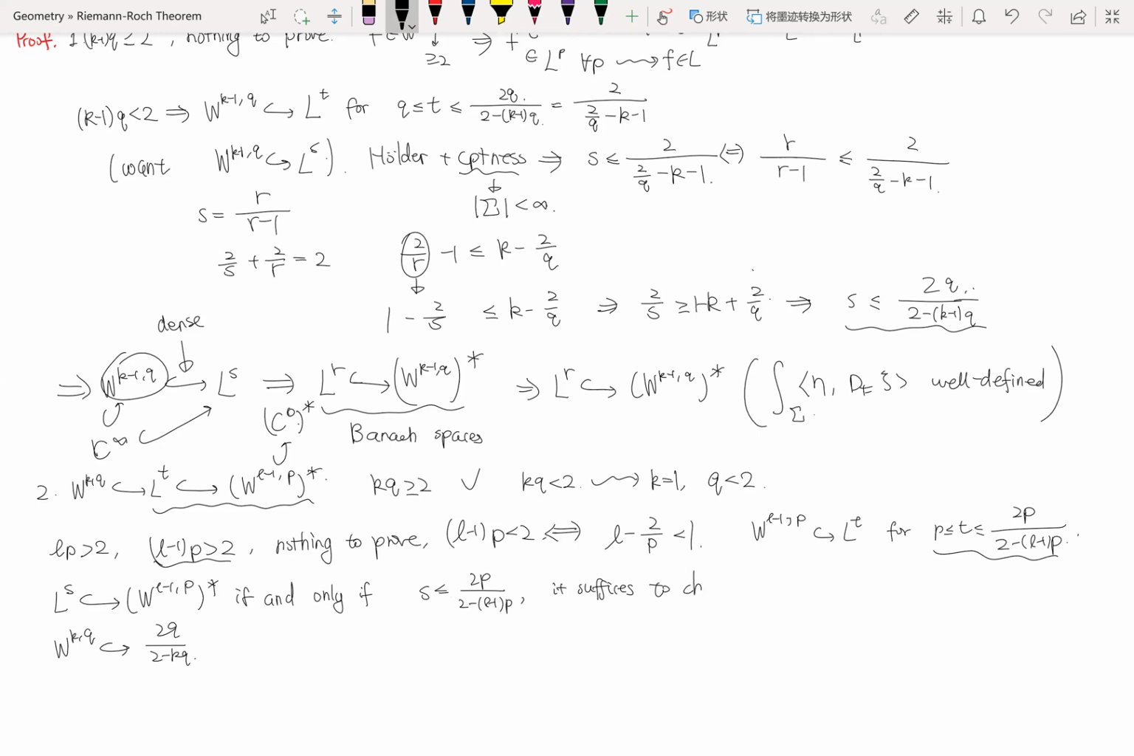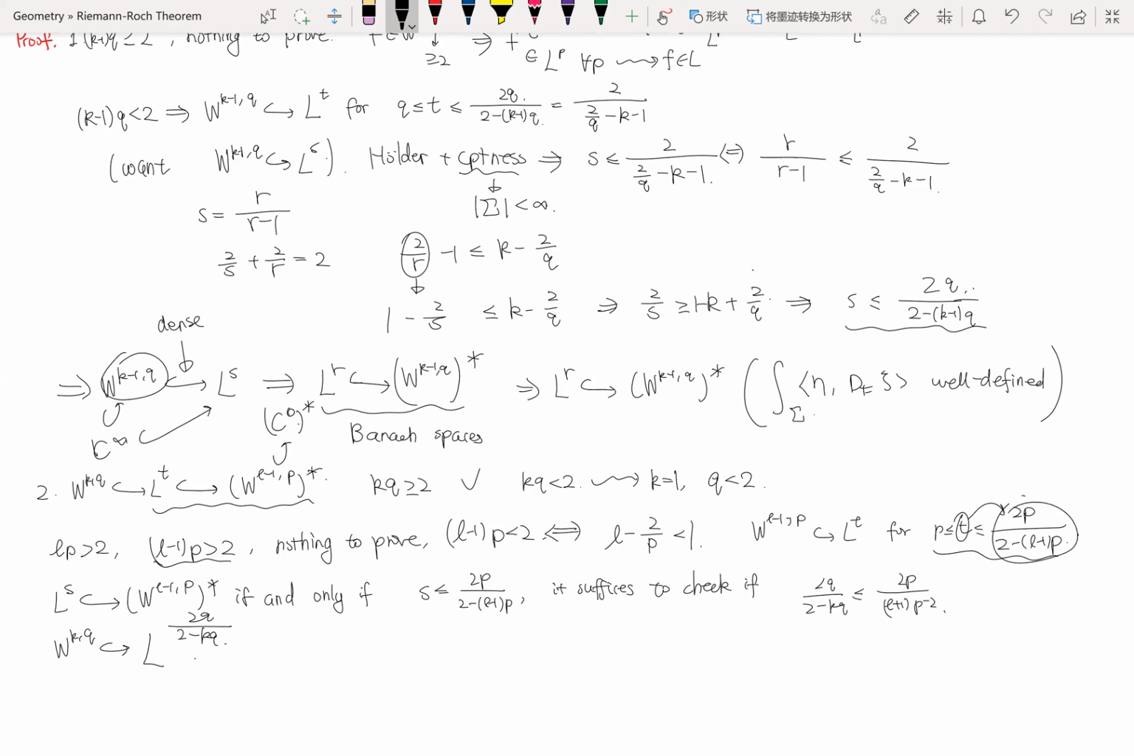So it suffices to check if 2q over, no. So I think the smallest one is L^q. No, I think yes, embedded into L^{2q over 2 minus kq}. So it suffices to check if we have the L. So if we have 2q over 2 minus kq is bounded by 2p over (L+1)p minus 2. Yes, so yes, here